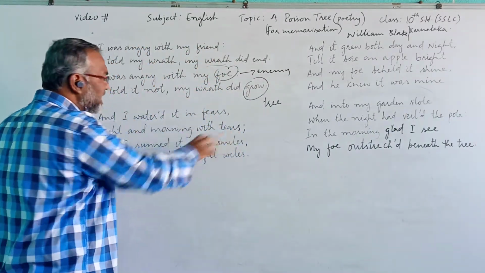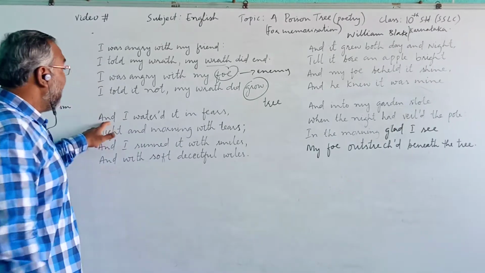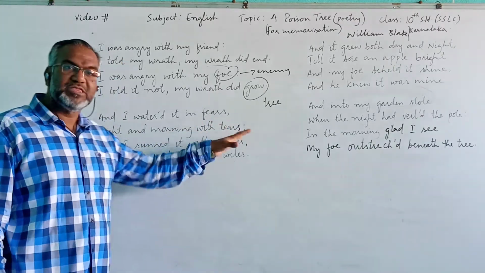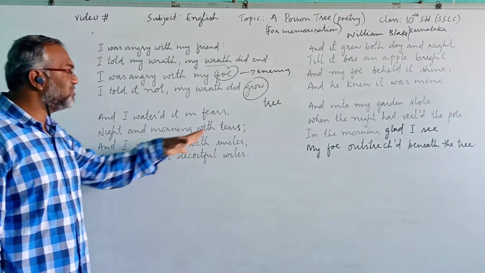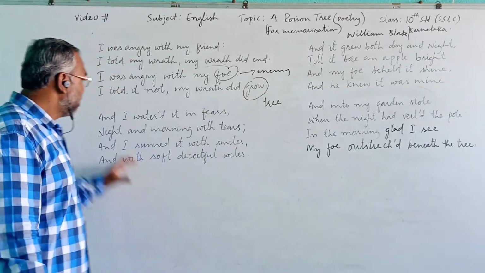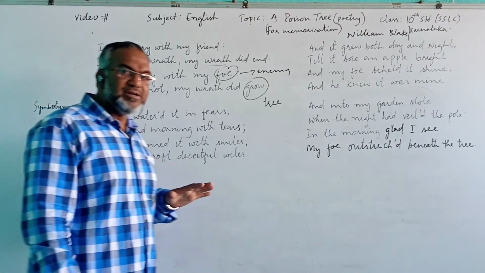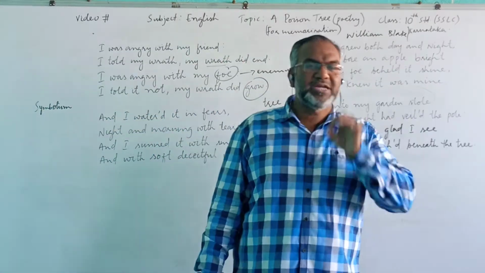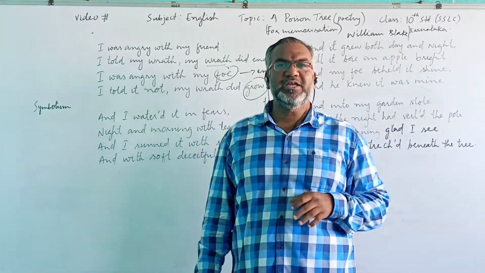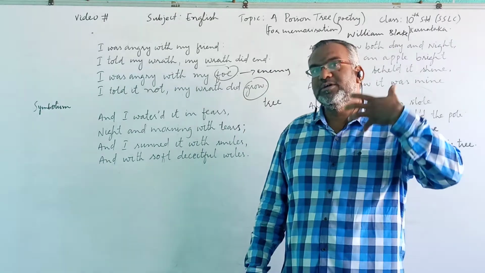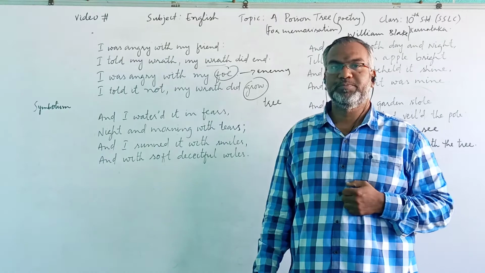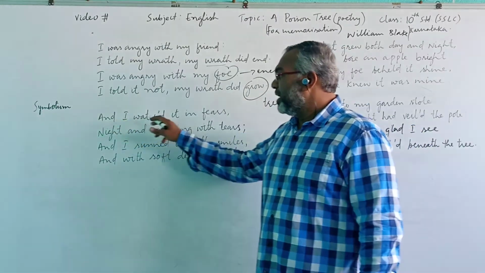Now, the second stanza says, "And I watered it in fears, night and morning with tears, and I sunned it with smiles and with soft deceitful wiles." This stanza tells us that the speaker cunningly, or schemingly, allowed the anger to grow, allowed the wrath to grow. What did he do? I watered it